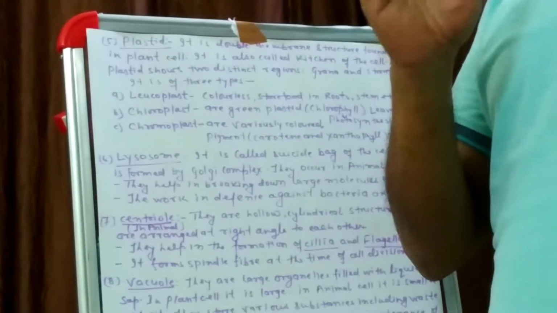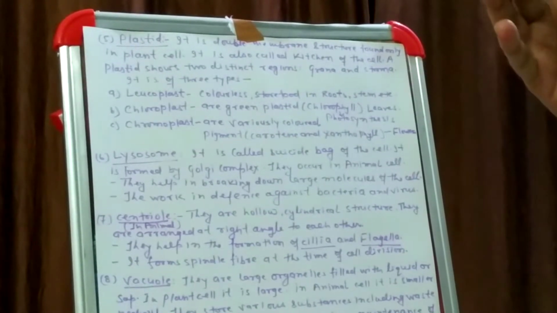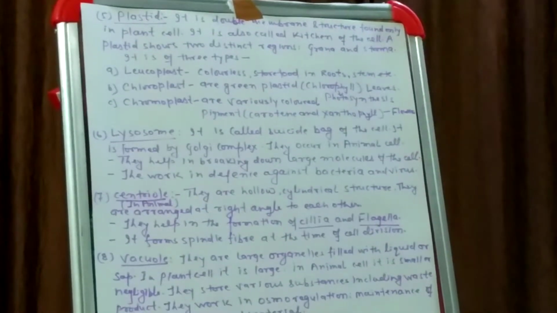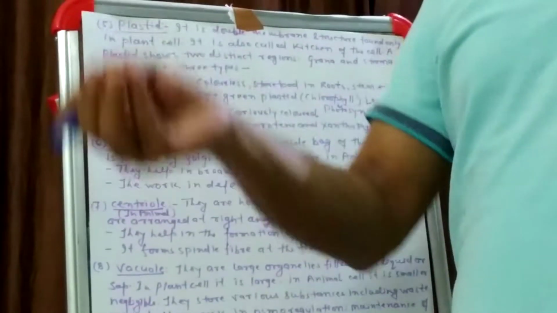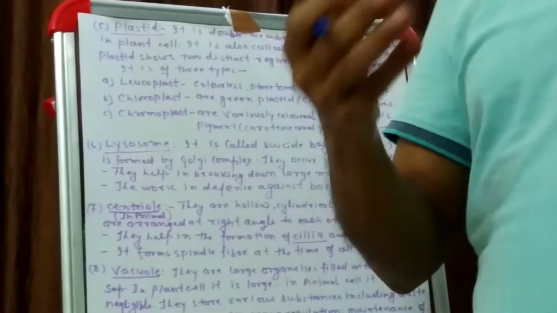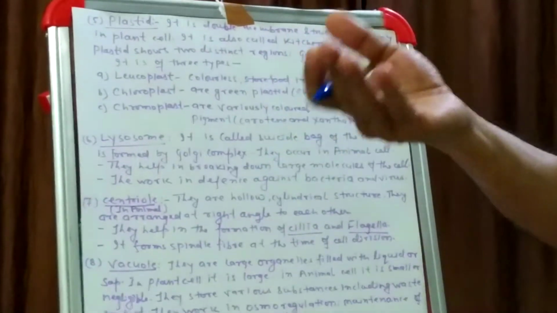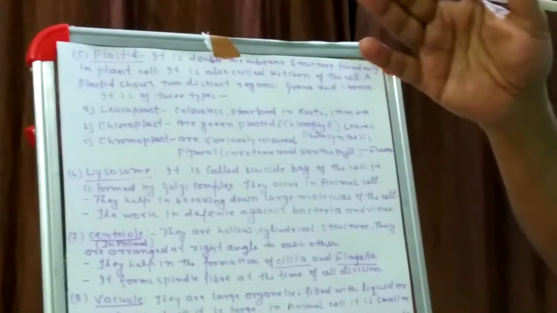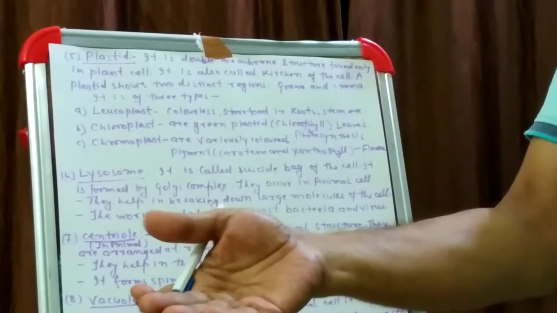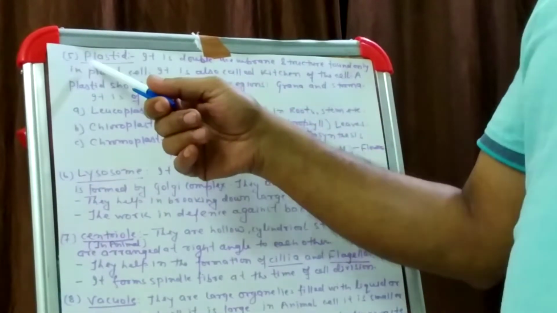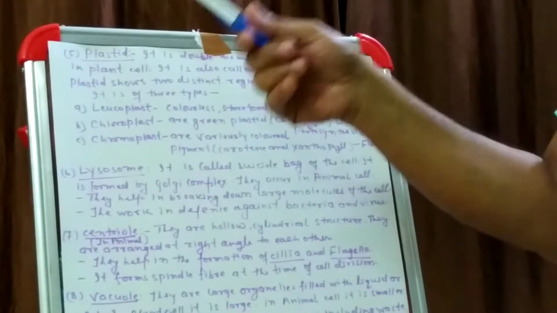Suppose the leaf is green, so that green color of the leaf is due to the presence of chlorophyll. Suppose the flowers have various, different colors. The flowers have these colors due to the other pigments, that is carotene and xanthophylls. Other parts of the plant, like the root, are colorless, so they have no pigment. So these are the different parts of the plant. This plastid is mainly responsible for the pigmentation or color in the plants and their parts.